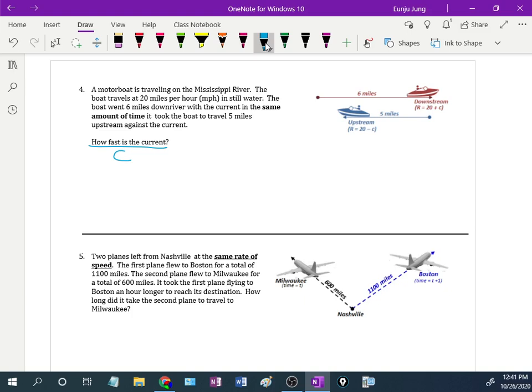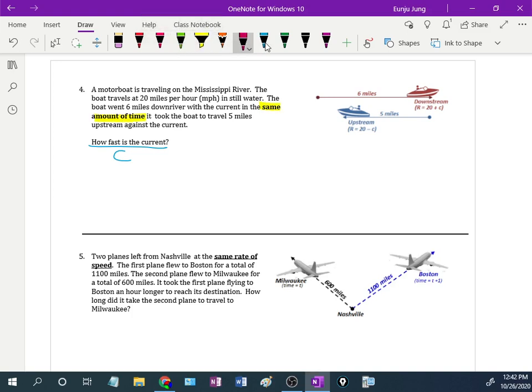So 20 plus C. Upstream, going backwards, if you don't have an engine, it will be really tough going backwards, right? So think about that, and then we will get a smaller number for the speed. That means we are going slowly, right? So 20 subtract C, the current, and then we are going upstream, okay? So by knowing that, we will use the condition that we have the same amount of time, so we will